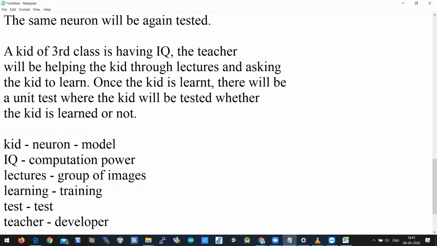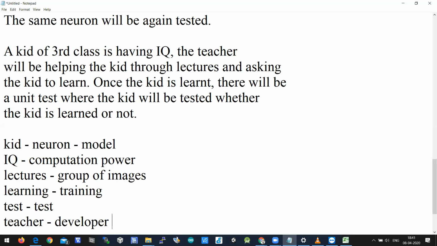So what will the developer do? The developer will train the kid. The kid is nothing but a neuron, with a group of images as lectures, and the neuron will be learning one by one. Once the kid has learned, then we'll be testing with a test data set.